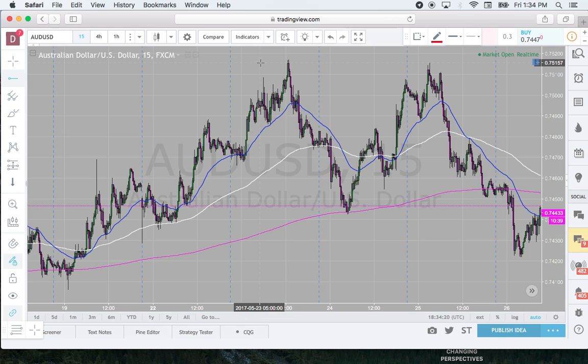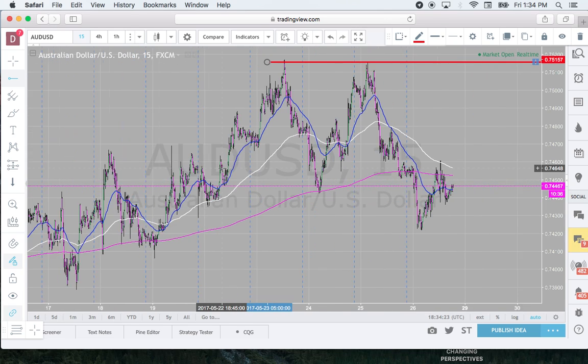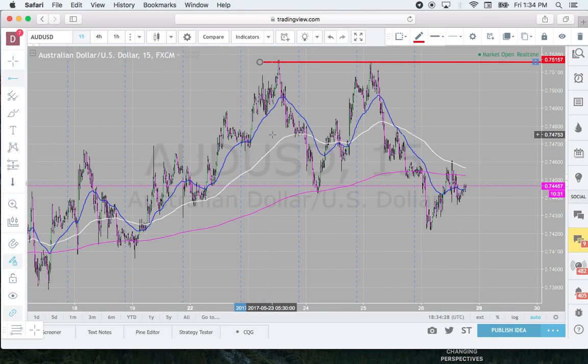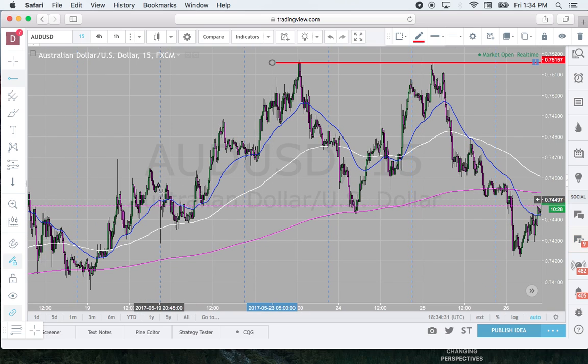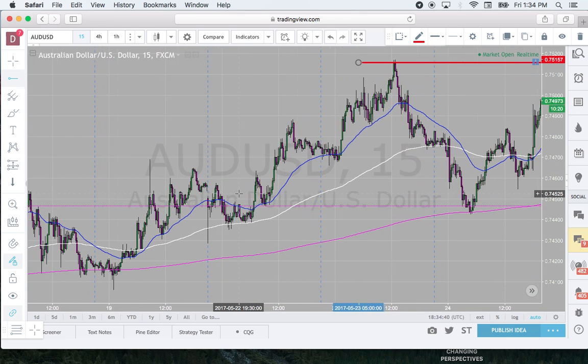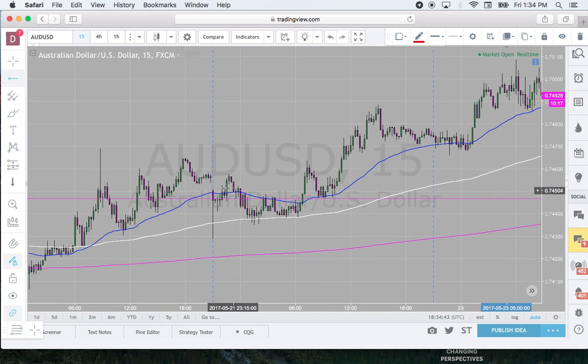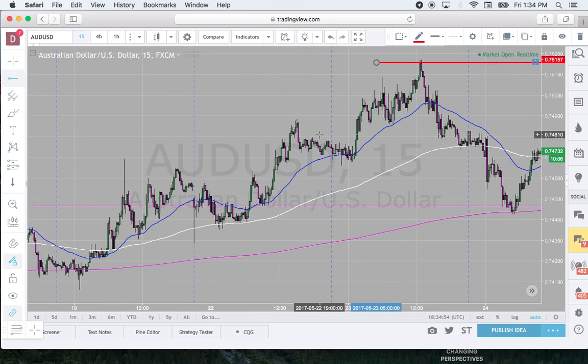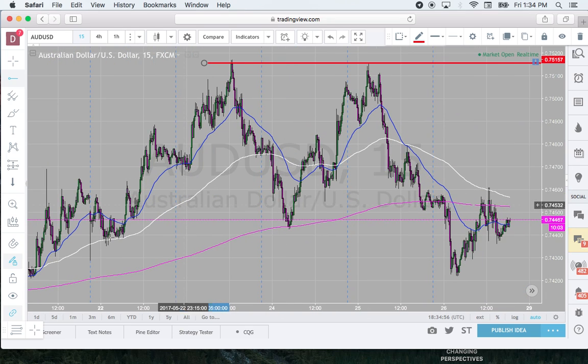We can see the high of the week was formed 3 days ago, almost 4 days ago. Here's Sunday, the gap, the beginning of the week. The dealers came up. Notice, alright, I didn't plan anything ahead for you guys. I don't have any script, but I'm just going to play along, go day by day here, through this whole week, the whole 1, 2, 3, 4, 5 days,